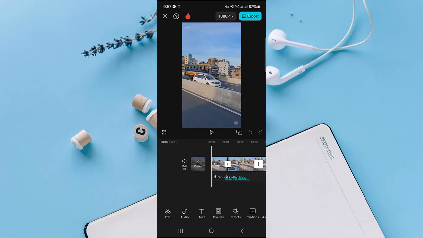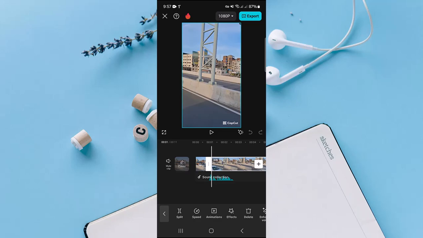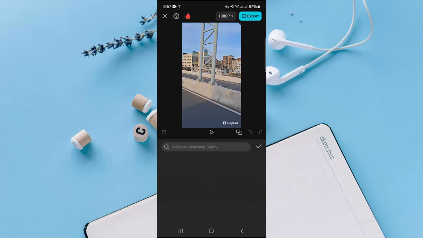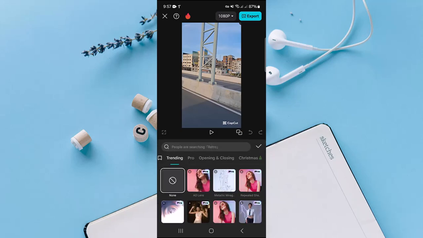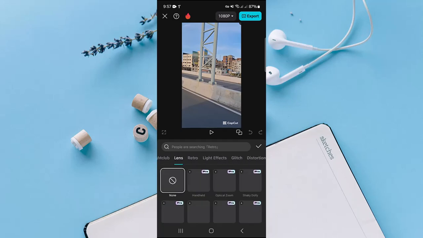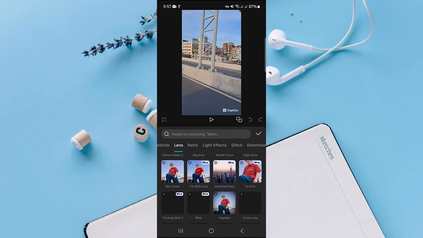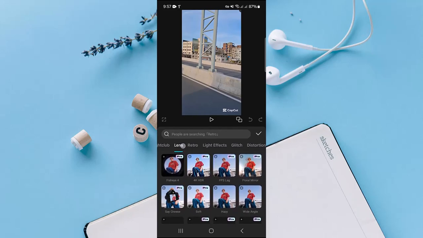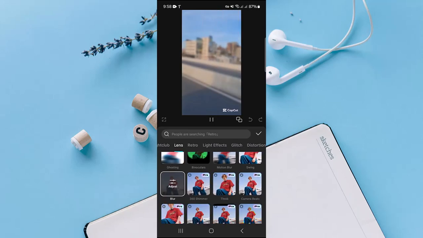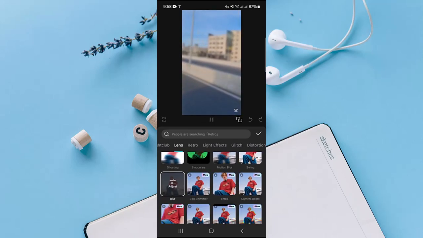And in here, just tap on the timeline you want to add your blur on. And once you select it, you'll find an option of effects. Tap on effects and go to video effects. And here scroll until you find lens option, and under lens option you will find the option of blur. So once you find it, you can just tap on the tick button,